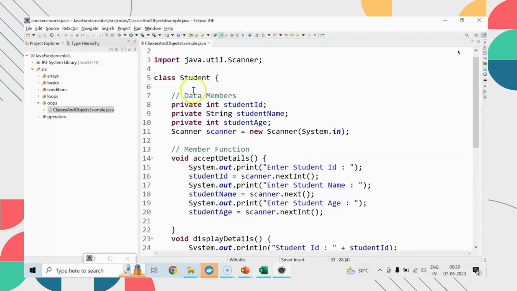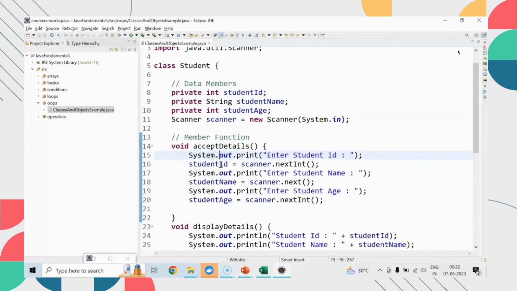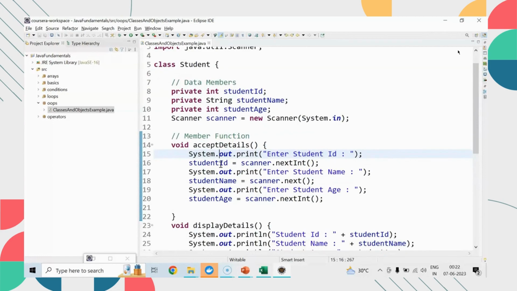Protected is something to be used in the case of inheritance. If we have one parent class and one child class, I just want to allow the members to be accessible in the child class only, not anywhere else. I can use protected. I will talk about that concept later in my upcoming session,